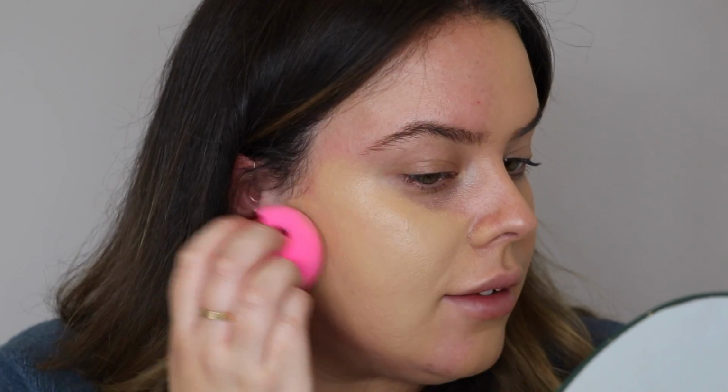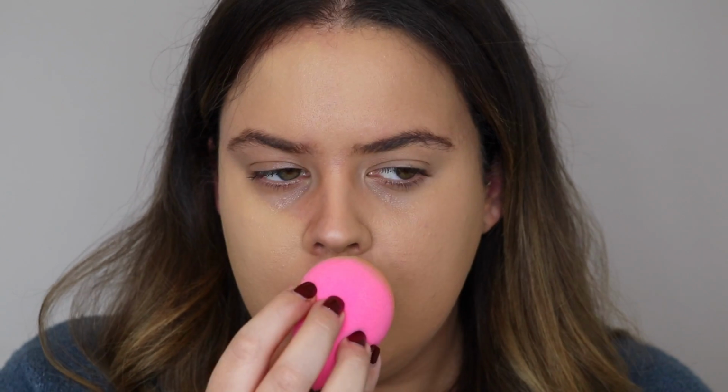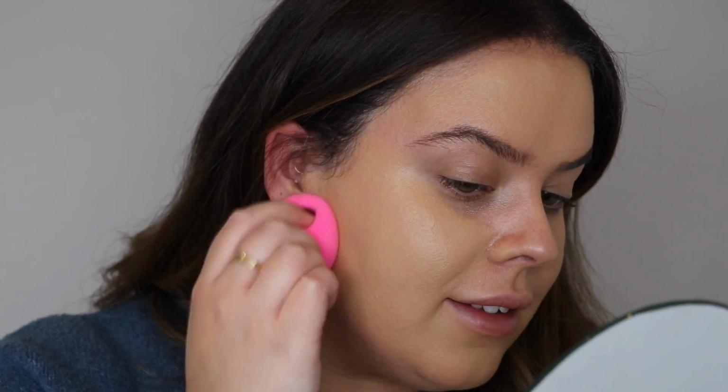Wow. Okay, so the first thing I would say is this foundation really smells, in terms of it's got quite a strong fragrance to it. It reminds me of those really old Clinique perfumes that everyone used to wear in the 80s and the 90s. I don't particularly mind the smell of it, but I'm a bit confused as to why she would